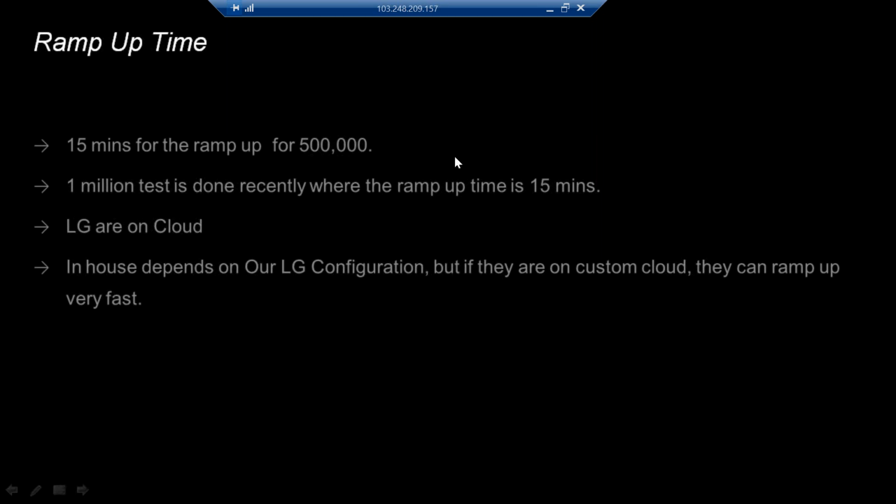It has that elasticity feature. Then how is the user test related to the application? Suppose we want to hit a particular URL in the application, and our LG is in cloud, so that ramp up will be handled by the cloud. How is the connection between the ramp up and the particular application?